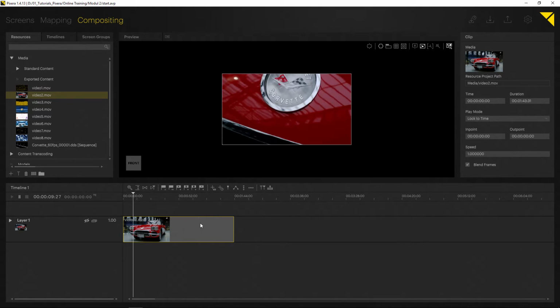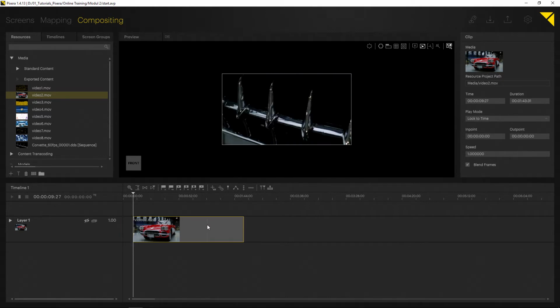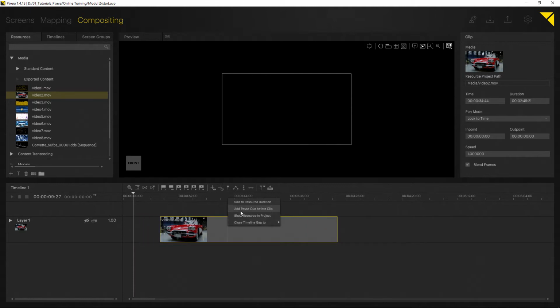Now, if I want to get back to my standard video length, what I can do is on right click, we can find some more options. There is size to resource duration, which will resize the video to standard length. Then there is add pause cue before clip, which can come in handy if you want to add a simple pause cue before the clip